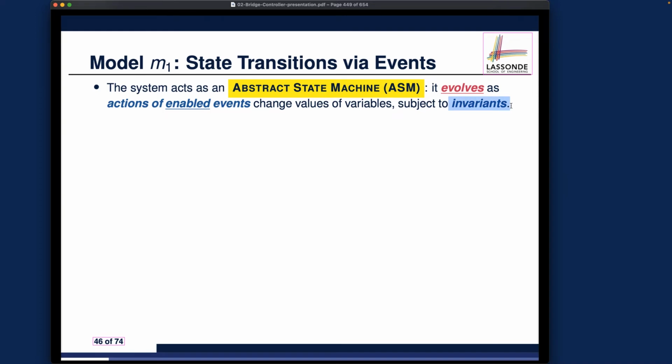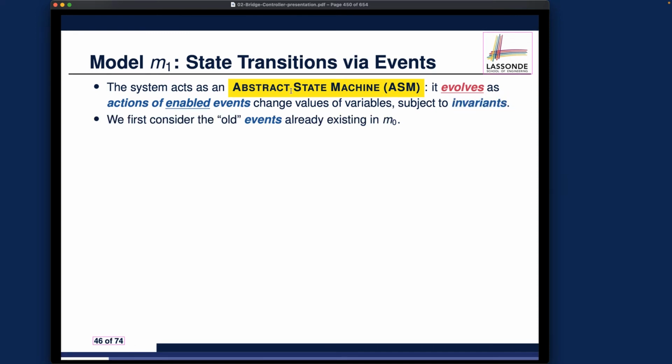All of them should really be subject to invariance. Again, if the invariance only involves the abstract variables, they will be called the abstract invariance. If the invariance somehow involves the concrete variables a, b, or c, they will be called the concrete invariance. In a later slide, very soon, I'm going to define explicitly what I really meant about the three notions here: for the states, for the transitions or events, and for the invariance. For these three constructs, we always have to know what we really meant by abstract versus concrete. That's something I will define more explicitly a little bit later.